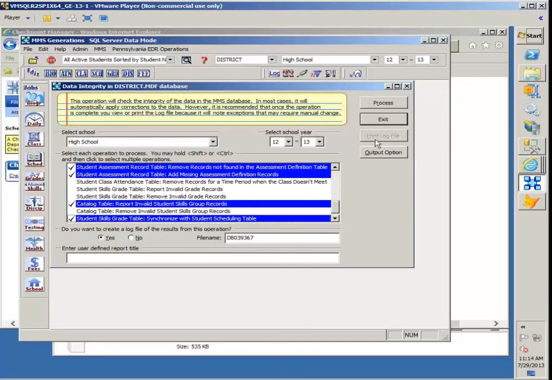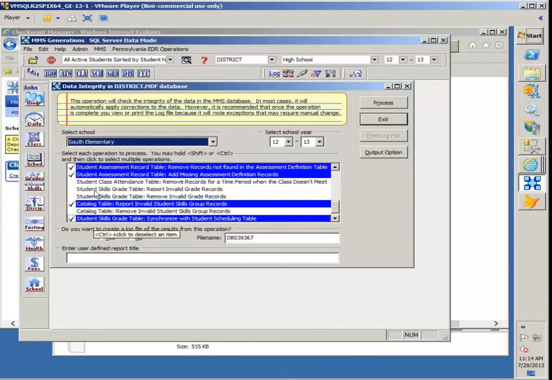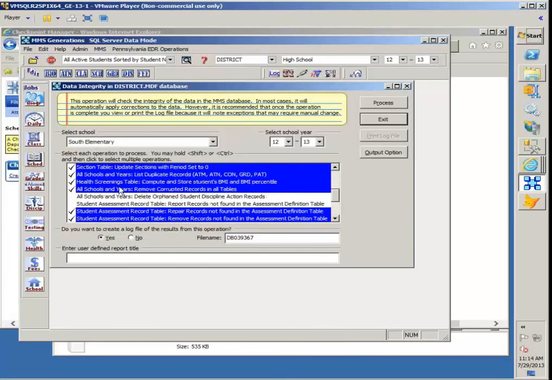You can process for one school. When it's done, the print log file goes green, and you can actually look at it and print it. You can also then change to another school and run it again. Now some of them that are the all schools, all tables, you can opt on the second run to say,